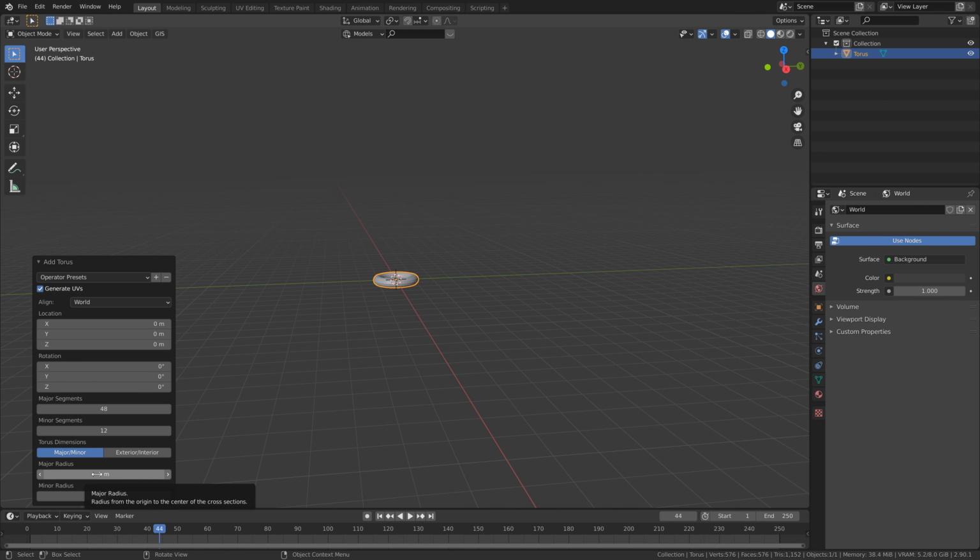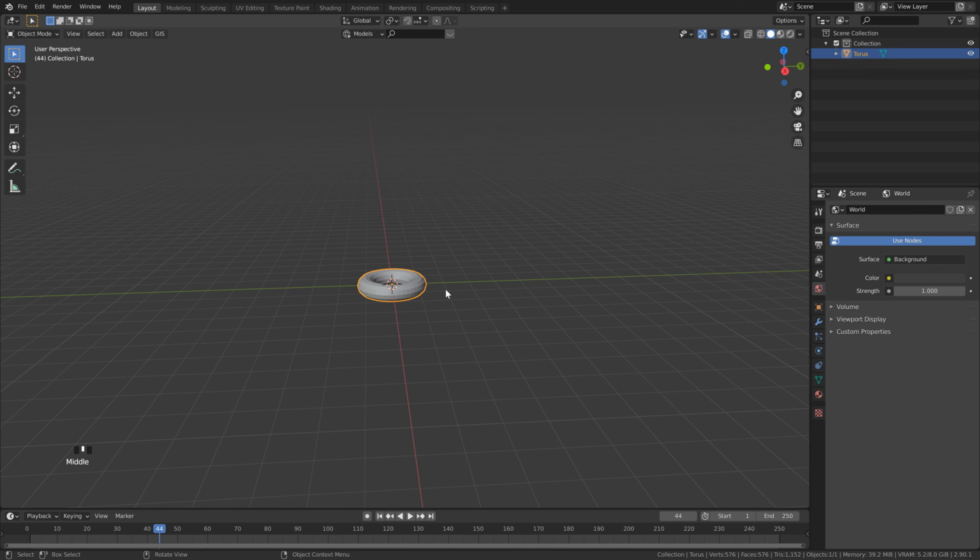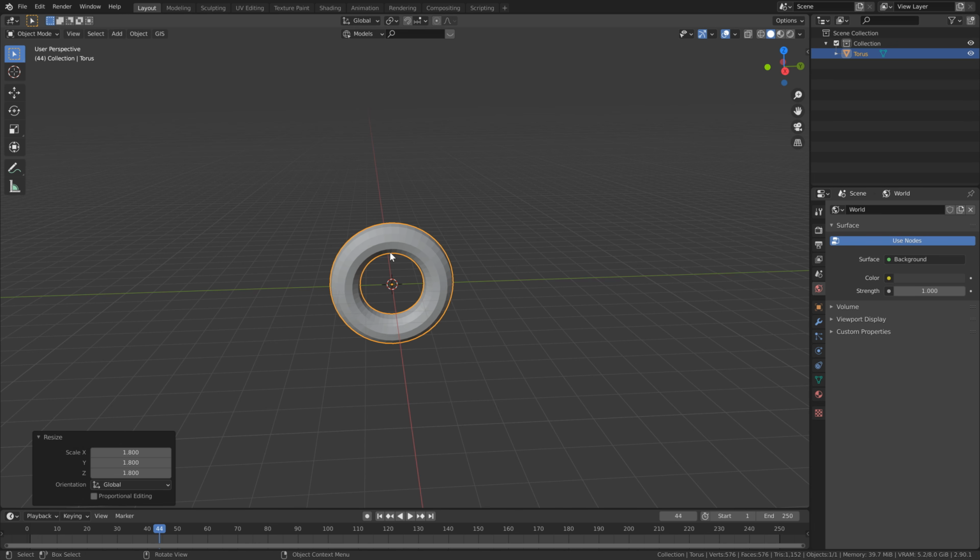We can leave the major radius the same, but let's change the minor radius to 0.32. And now we can rotate our objects, so R to rotate, Y, and type in 90. Click, and then we're going to scale this, so hit S to scale and type in 1.8. Then we can bring this up by hitting G to move, Z to lock to the Z, and type in